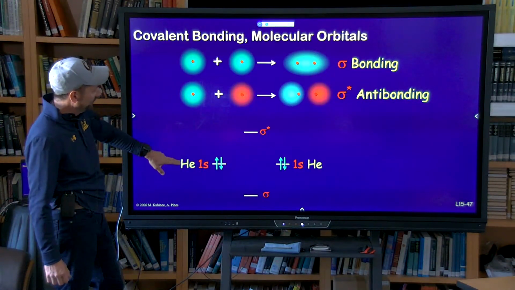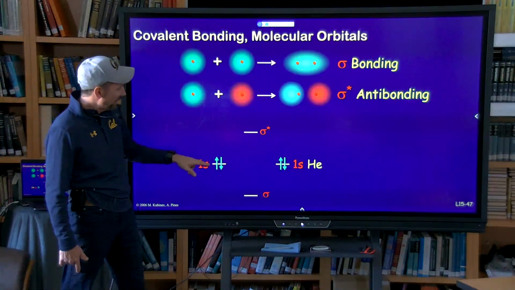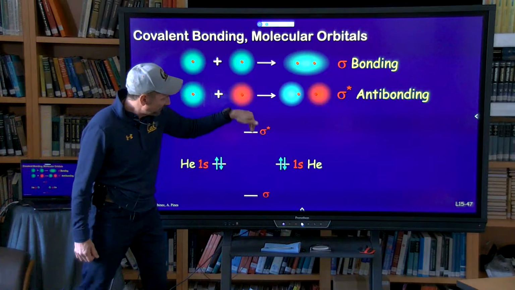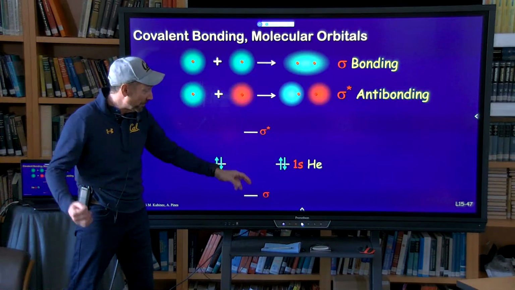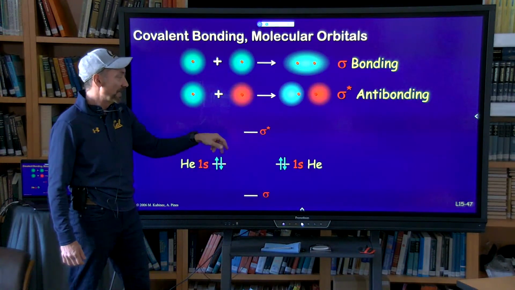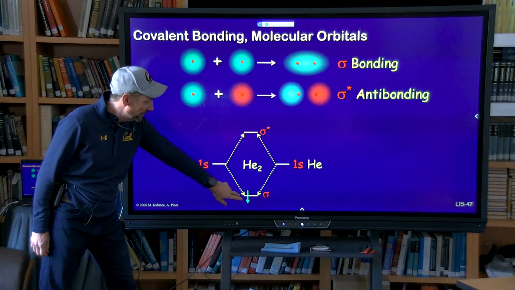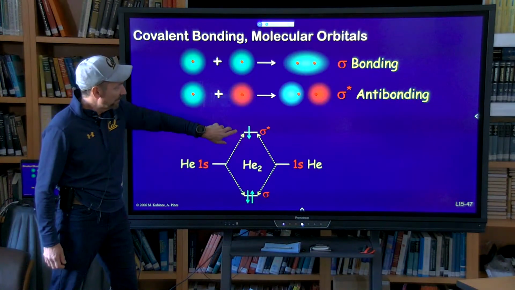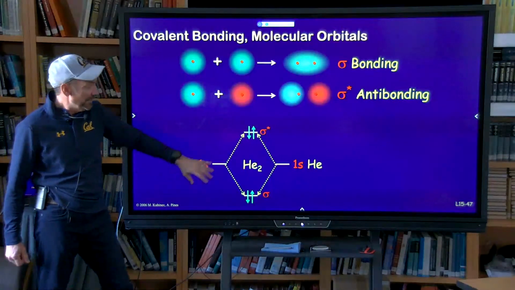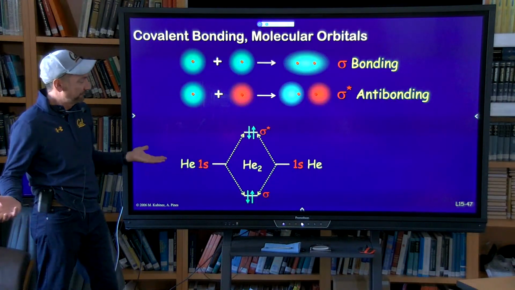Let's look at helium. Let's say we added the 1s's for helium. Well, the same thing is going to occur, but I have more electrons from the atoms. So now I have to say I can't use these anymore. I have to use these molecular orbitals, but I fill them the same way. I start at the lowest and I add spin up, spin down, and then go to the next highest and go spin up, spin down. And you'll put in the H2 molecule, spin up, spin down, spin up, spin down. Use those 4 electrons, 2 from each helium atom, in your helium molecule. But you get to